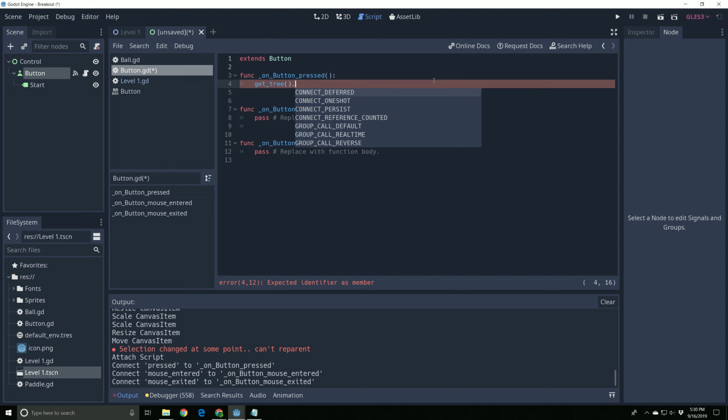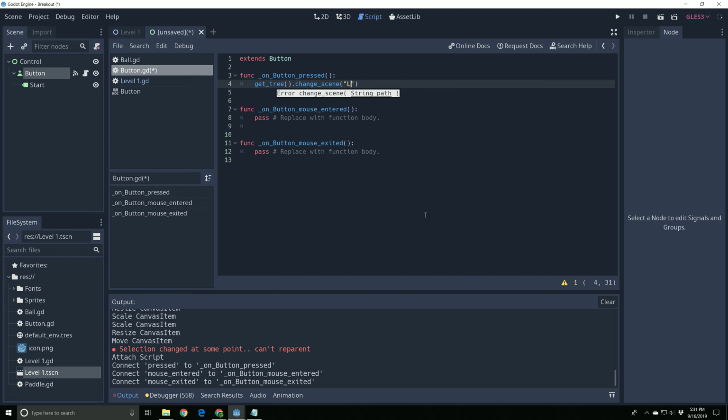So now we're getting something from our main folder, and when we find it, we're going to change the scene to that. So we're looking for something over here, which is what this says, and then we're going to change our scene, meaning get off of this main menu screen and go somewhere else. We are going to go to the level